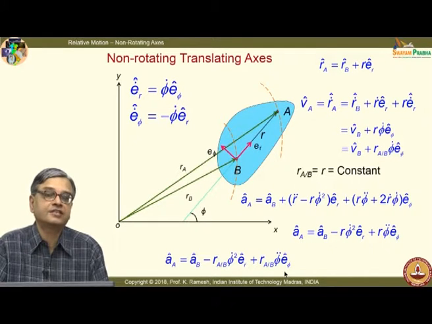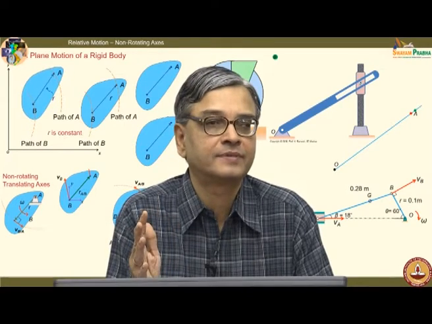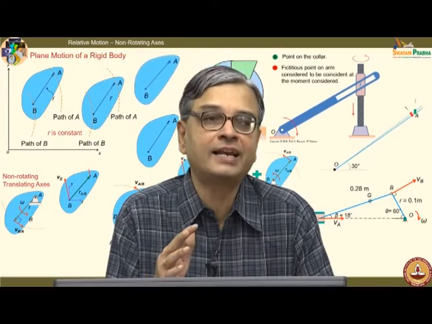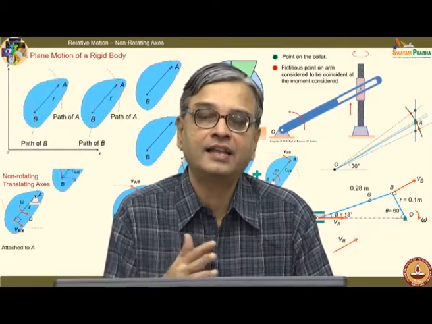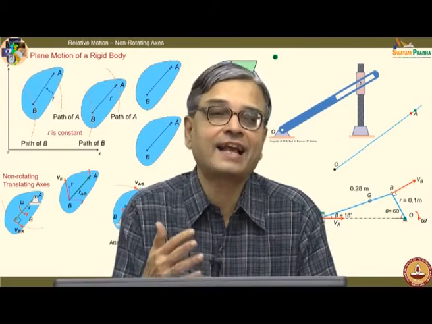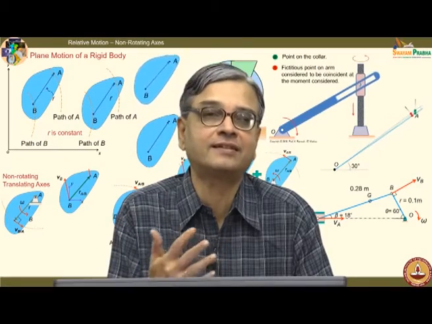See, in all this discussion, we have taken 2 points A and B. The idea is to get the quantities velocity and acceleration with respect to a fixed reference for point A. The intermediary is we find out what is VB and AB plus some other quantities. And this is how we would develop the equations for using a rotating axis, fine. So, this terminology B and A you should perceive it like this.